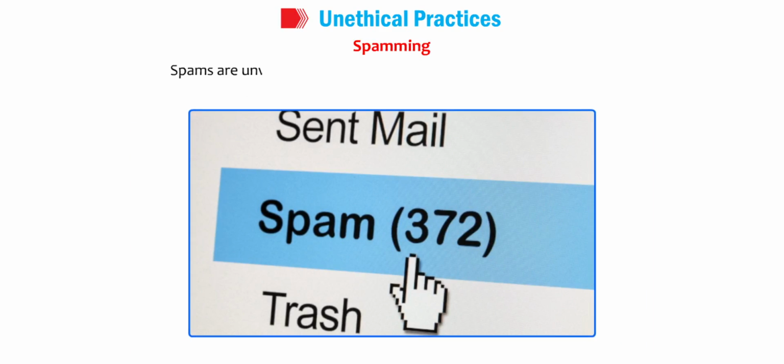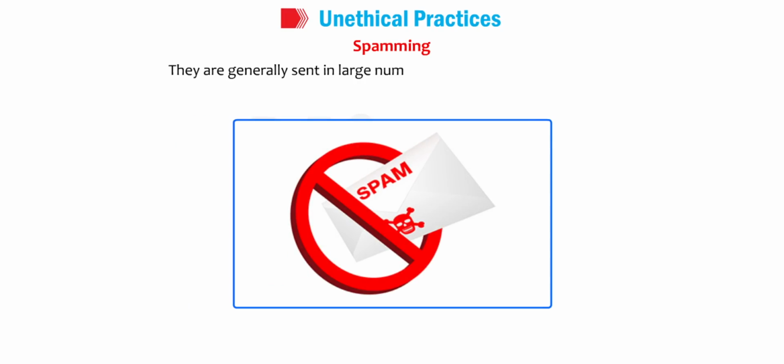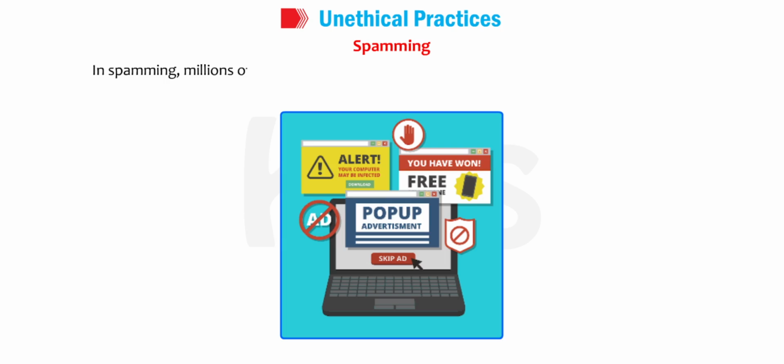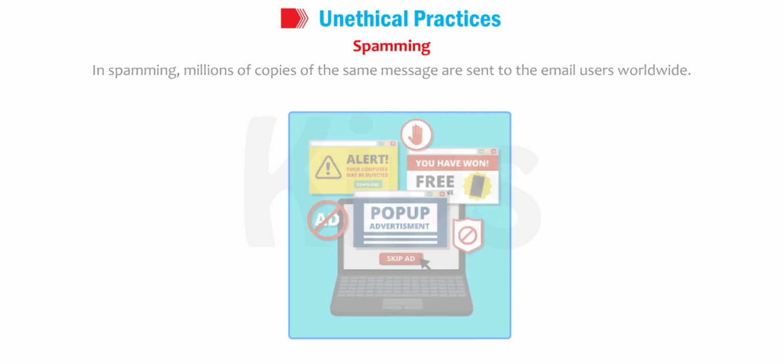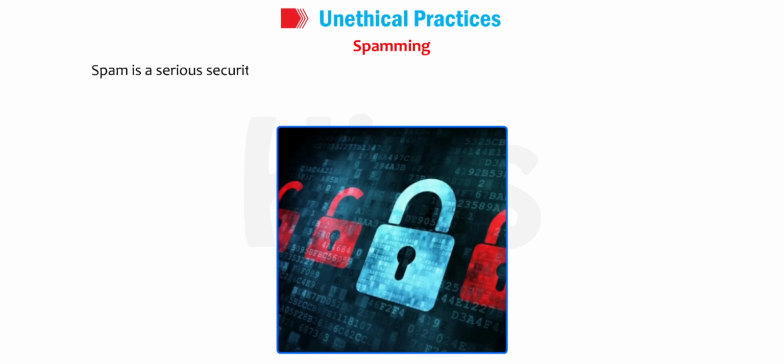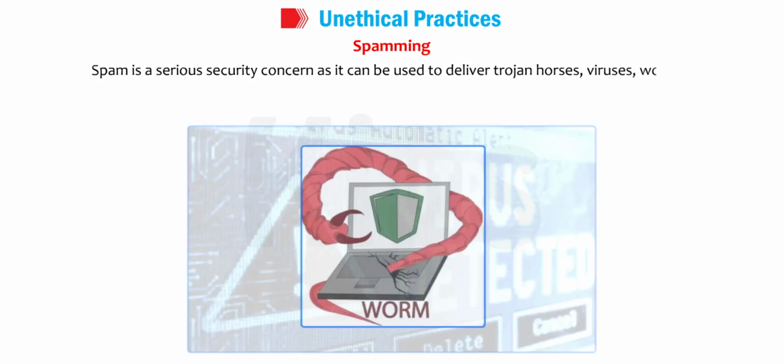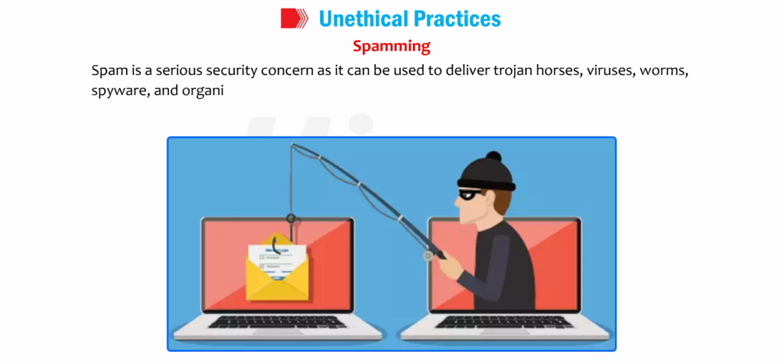Spamming. Spams are unwanted bulk emails that come from unknown sources. They are generally sent in large numbers for commercial advertising. In spamming, millions of copies of the same message are sent to the email users worldwide. Spam is a serious security concern as it can be used to deliver Trojan horses, viruses, worms, spyware, and organized